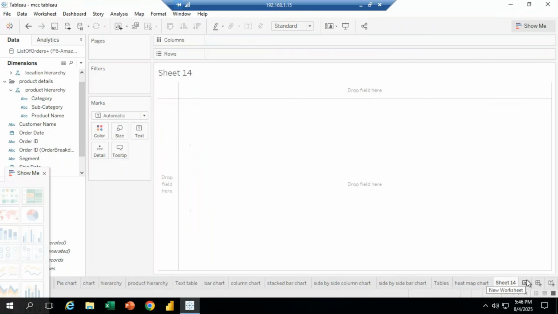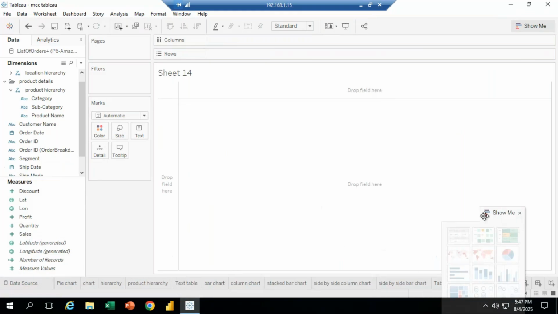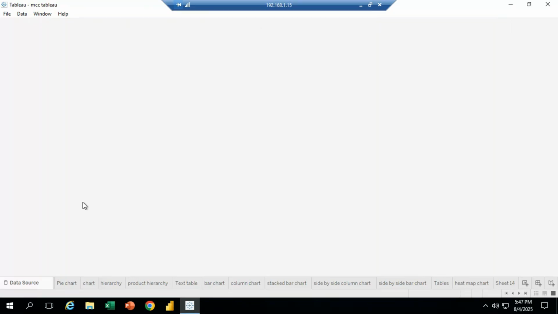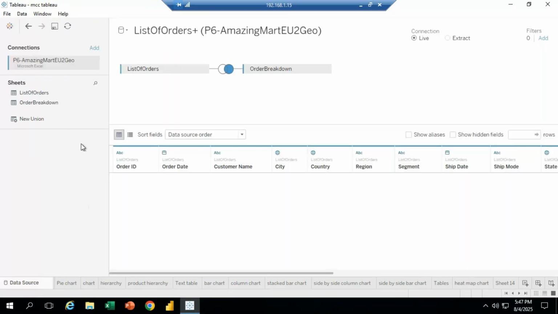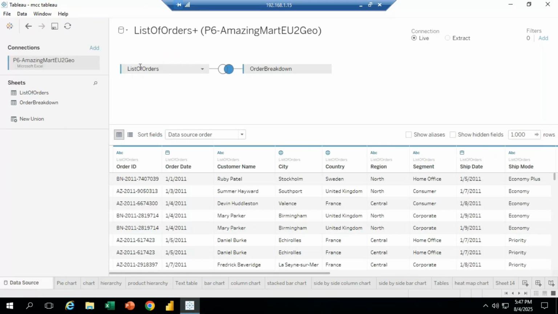create. Now, whatever data we have, this is the orders data. Then I have the sum of information. What data we have here in the list of orders, I have the information. Or else, if you want to see which source we have, click on that data source. It's going to display what kind of data we have: list of orders, orders breakdown, the options we imported. Now